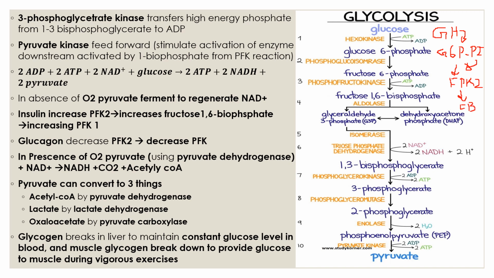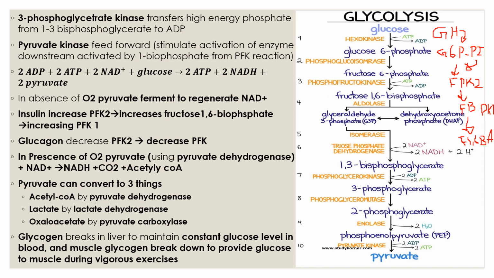using PFK2. So biphosphate, you can see that as FB, and then FB, fructose 6 biphosphate, uses PFK1. Alright, we're going to speak about PFK2 again, okay? And then the phosphofructokinase goes and becomes fructose 1,6 biphosphate. So we can just say F16B, and then this F16B uses aldolase